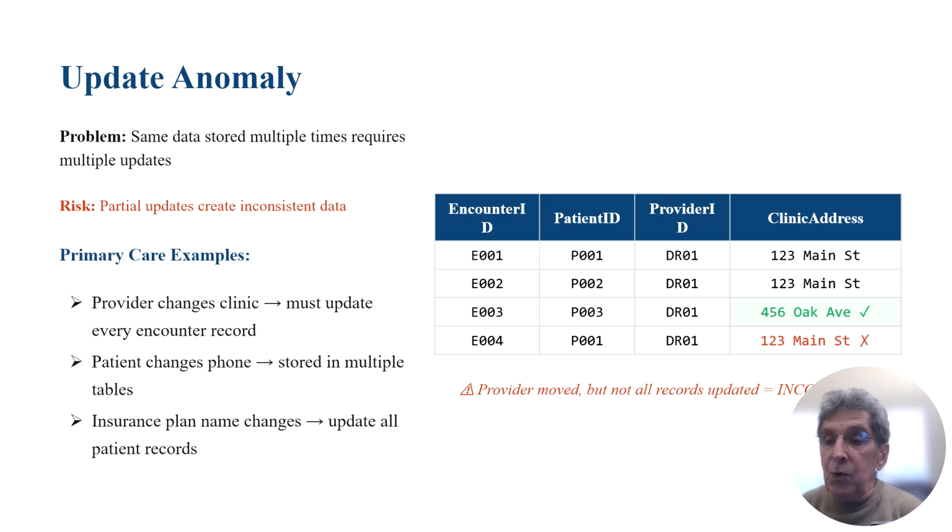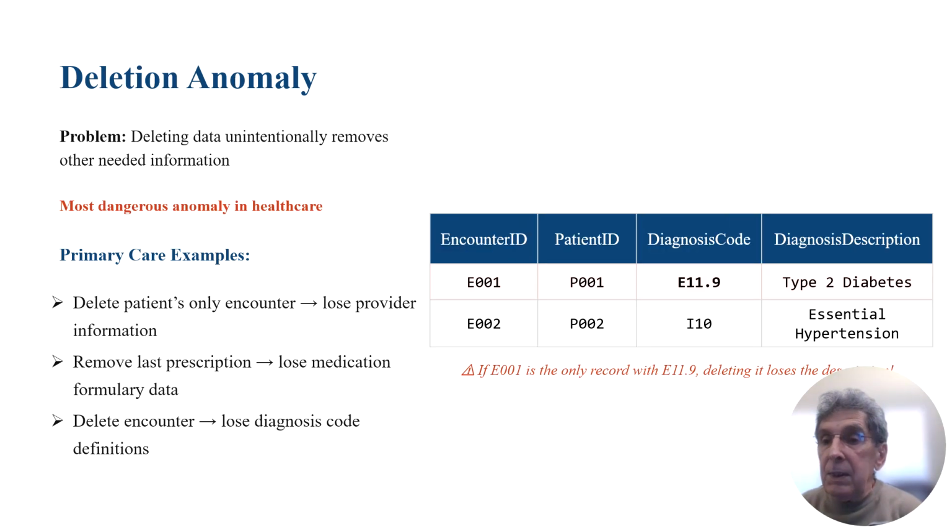This is why we say store each fact exactly once. If Dr. Smith's address is in exactly one row of a provider's table, updating it is trivial. One row, one change, done. The deletion anomaly is the most dangerous,